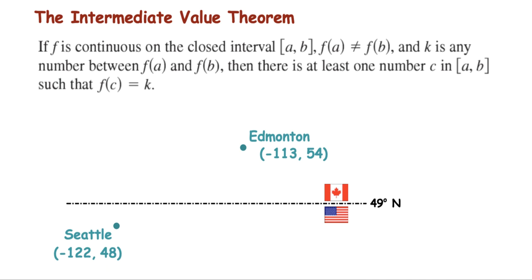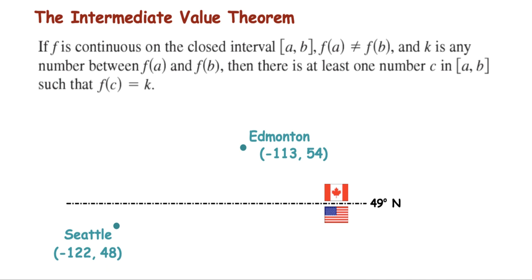They both get used a lot. In fact, there's a third theorem called the extreme value theorem. We're going to touch on all three of them today, but really the mean value theorem is the star of the show. So first of all, the intermediate value theorem, as you may remember, was a theorem that simply said,